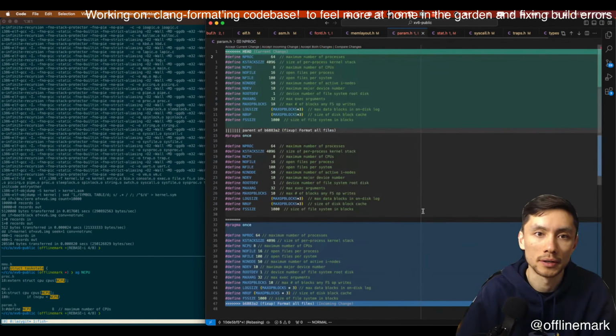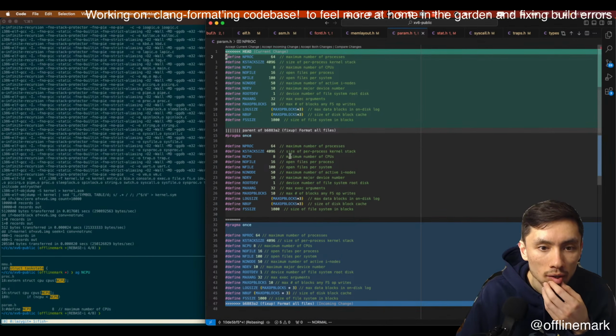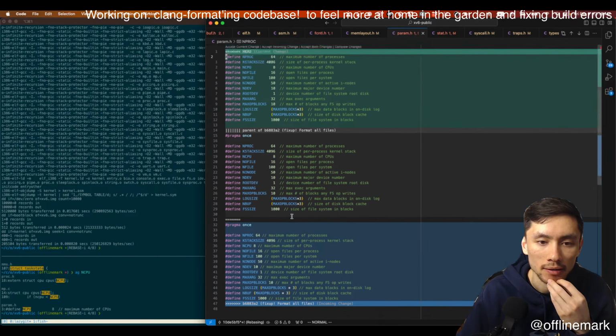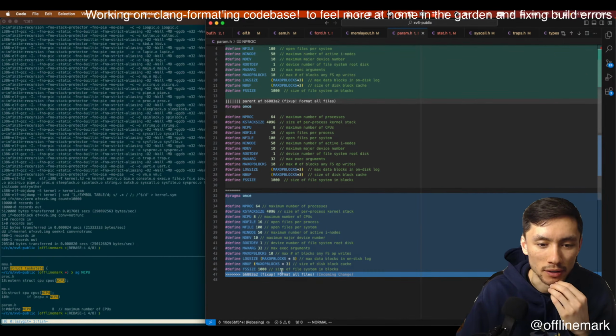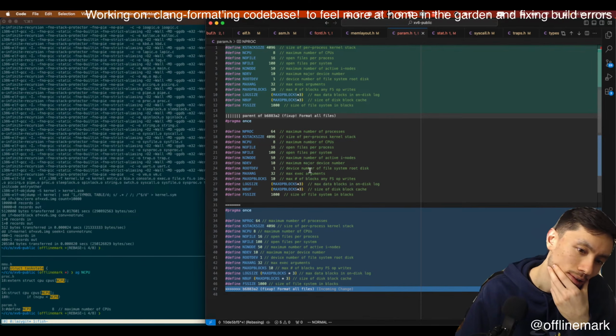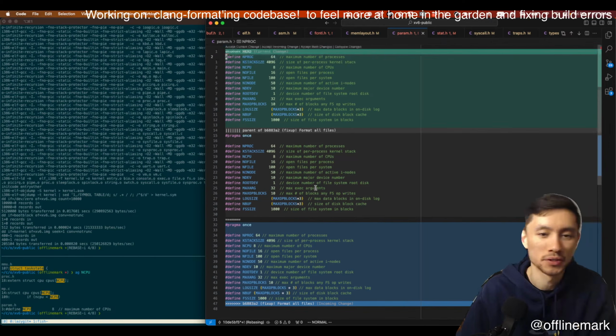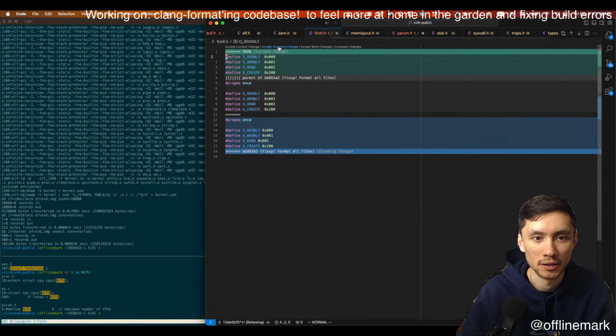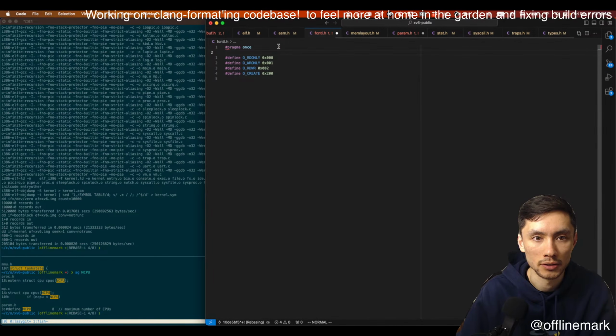I'm just going to keep going. Accept incoming change. It is a little bit ugly that everything looks like this now. To be honest, I think this does look a little bit nicer actually. But I am just not going to worry about that. I'm just going to accept all incoming changes.